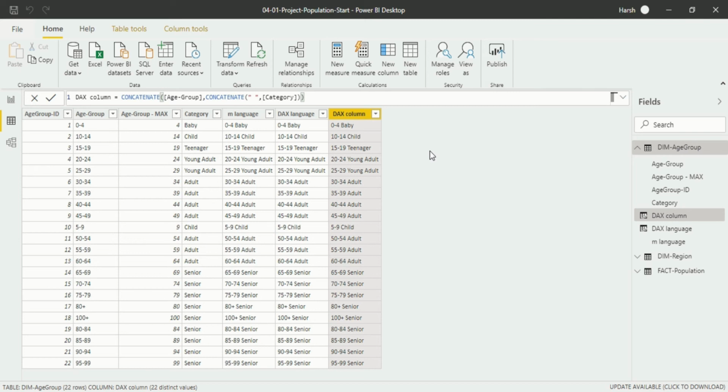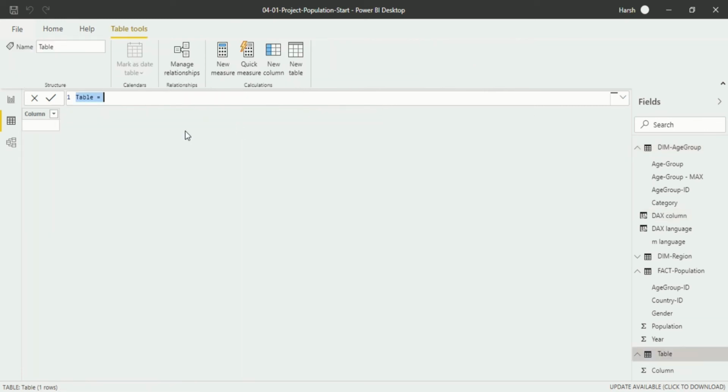For that, you have to go into the Home ribbon, in Calculations. You will click on New Table. So when I click on New Table, you can see it's specifically written: write a DAX expression to create a new table. That means you have to write DAX language. So we will create a new table in which we have to write a code like in my previous videos to create a new calendar here.